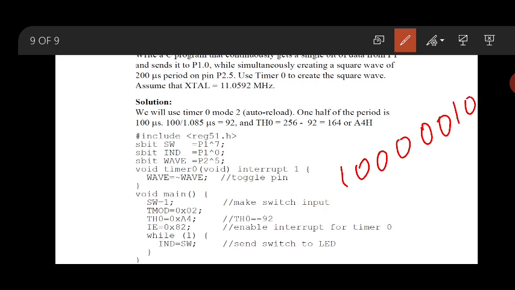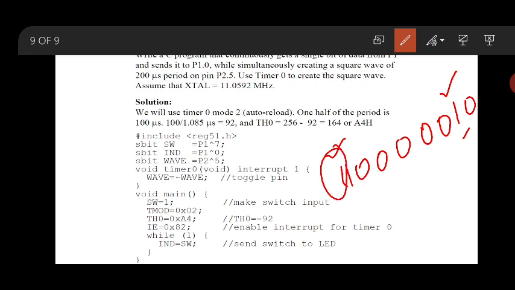It will enable all the interrupts, and for which interrupt is it enabled here? Timer 0. So it will enable the timer 0 interrupt, meaning it is ready to accept the interrupt from timer 0. I hope you can refer to this; this is the bit we are concerned about.